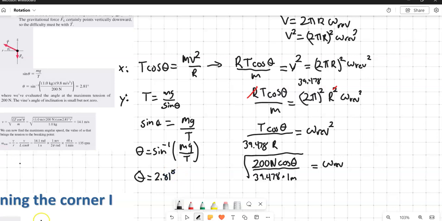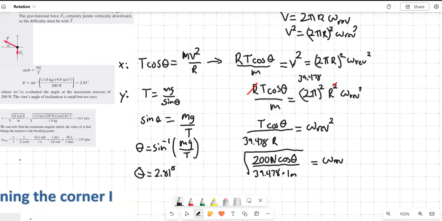Okay. Move this down a little bit here. Okay, so now we know what this angle theta is. That angle theta, which I'm just going to write in right here, is 2.81 degrees. I'm a big fan of letting the equations tell you what to do. So now